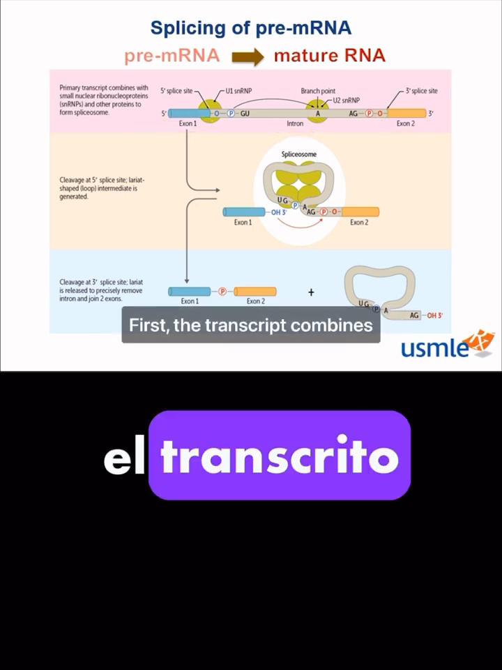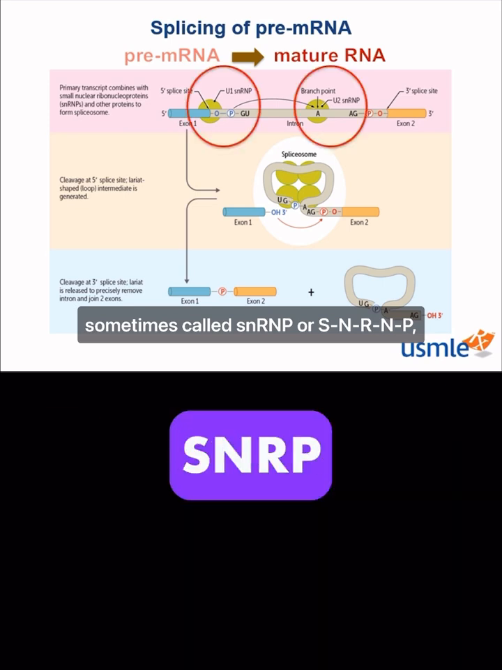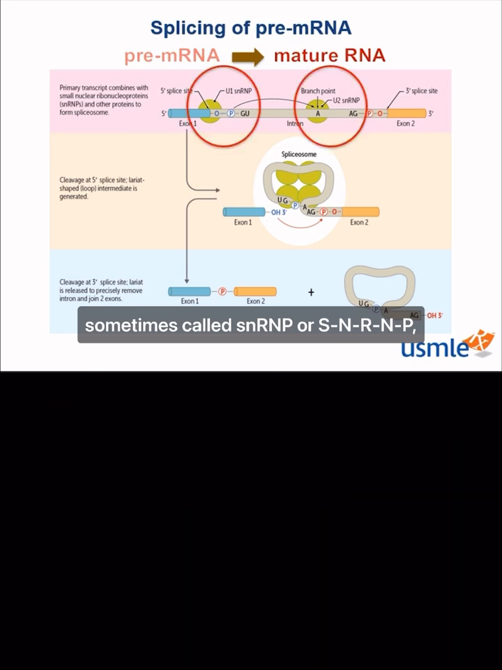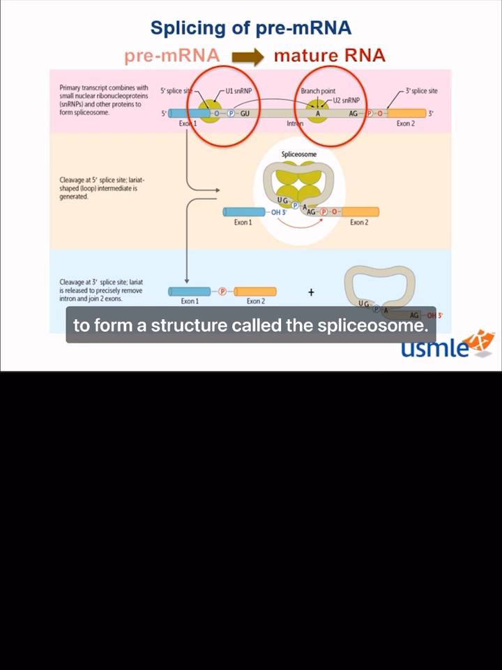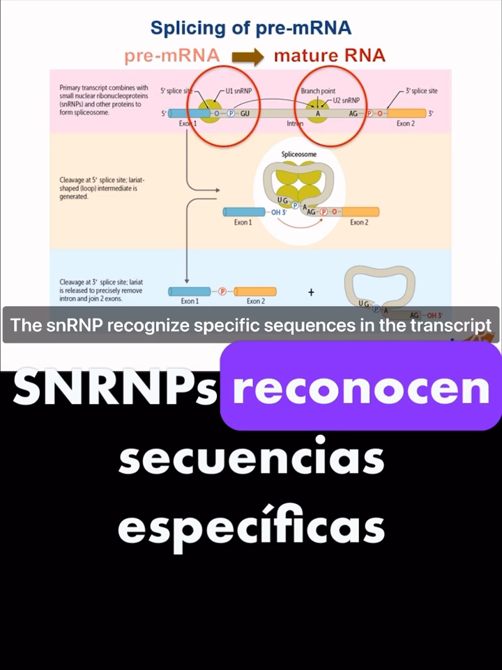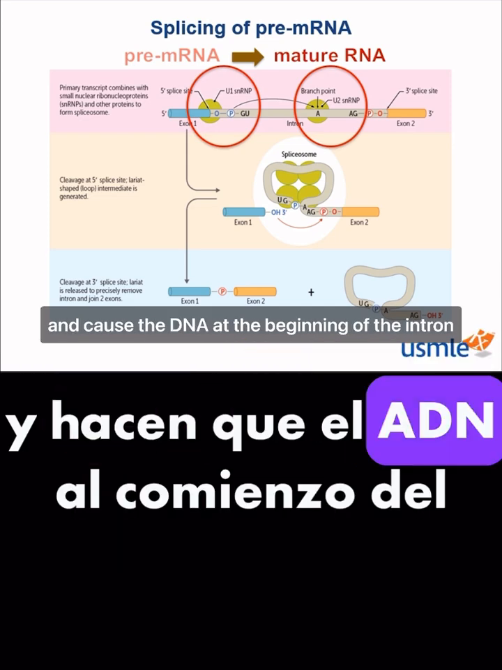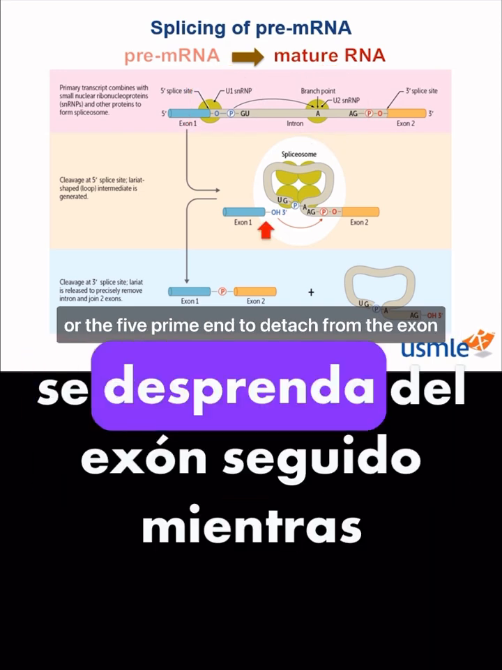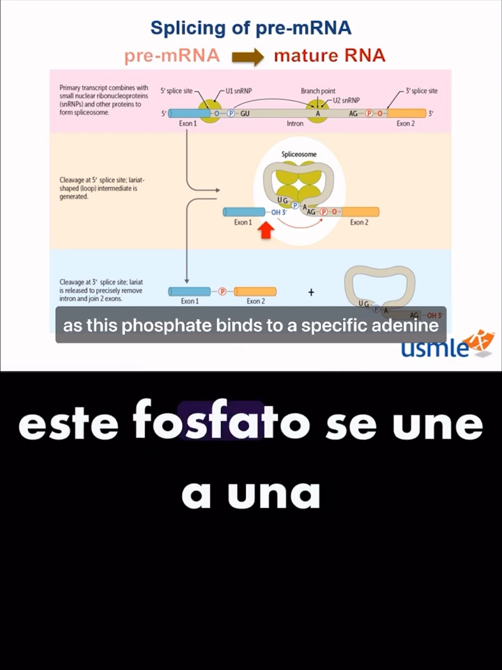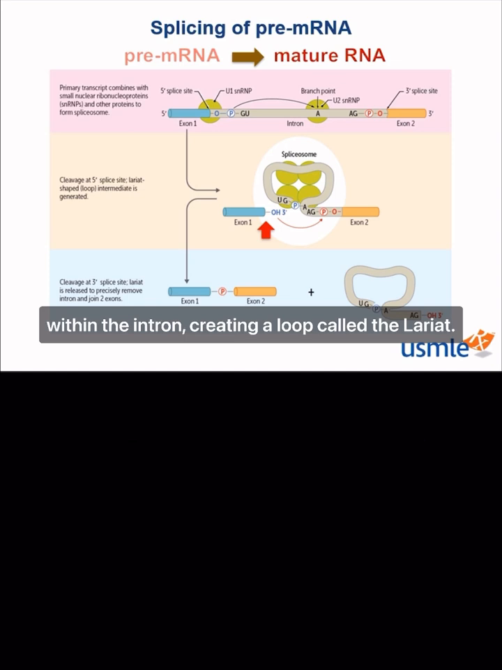First, the transcript combines with the small nuclear ribonucleoprotein, sometimes called SNRP or snRNP, to form a structure called the spliceosome. The snRNPs recognize specific sequences in the transcript and cause the DNA at the beginning of the intron, or the 5' end, to detach from the exon as this phosphate binds to a specific adenine within the intron, creating a